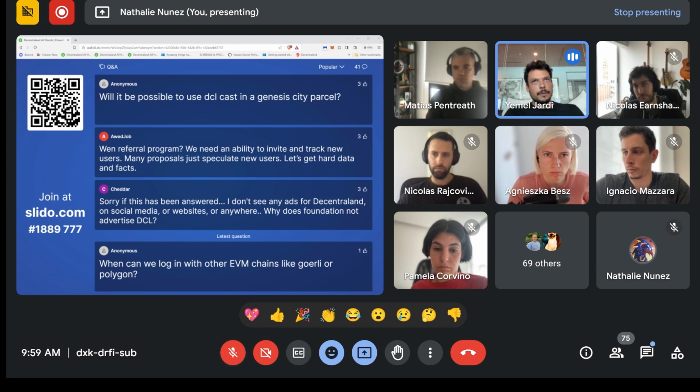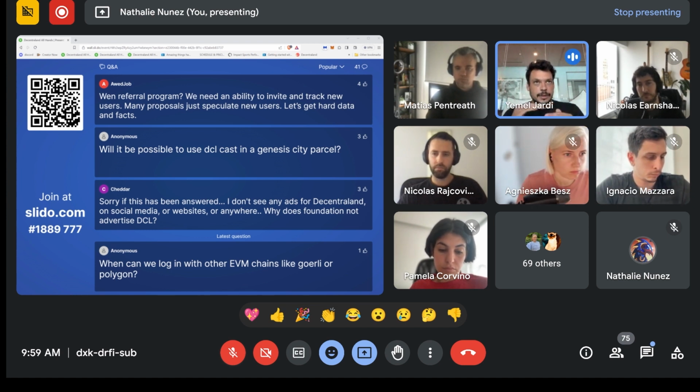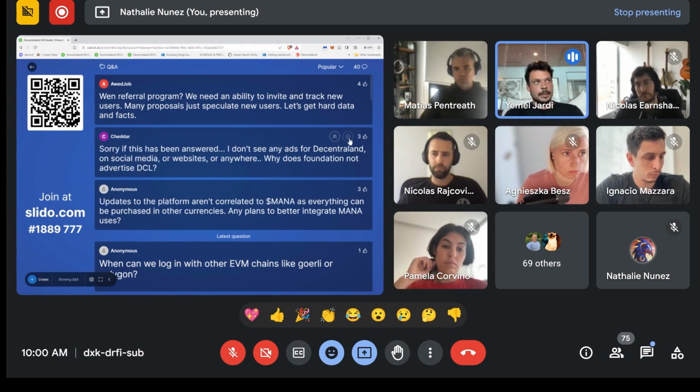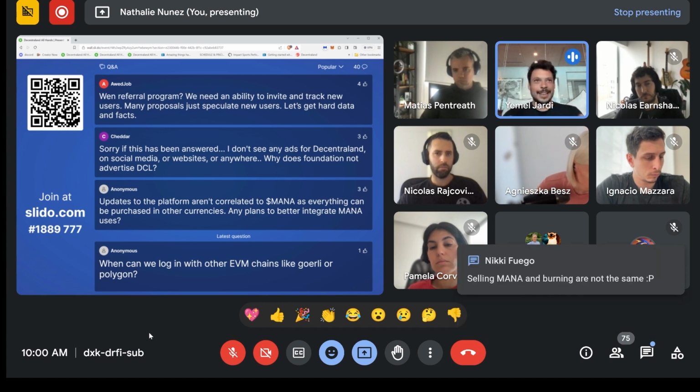On Genesis City, we have something called archipelago and islands. Maybe "island" is something you are aware of because of the URL. So several layers can exist: two people can be connected to the same catalyst, in the same parcel, but on different islands, and they don't see each other. That's the technical problem we have for enabling DCL Cast in Genesis City: how to sort out the different layers of reality that can exist in the same plot.